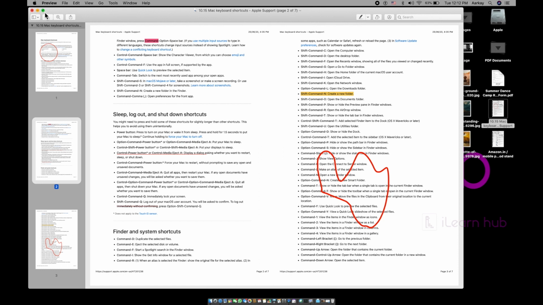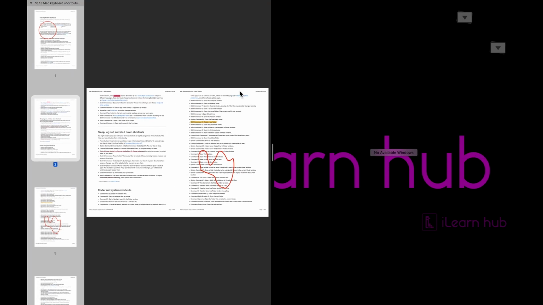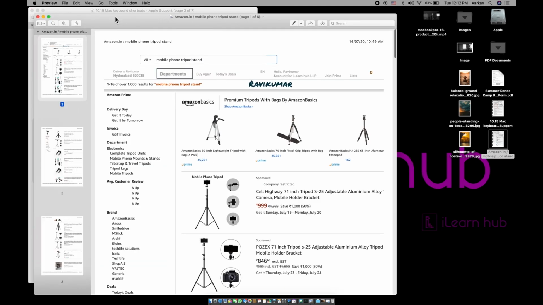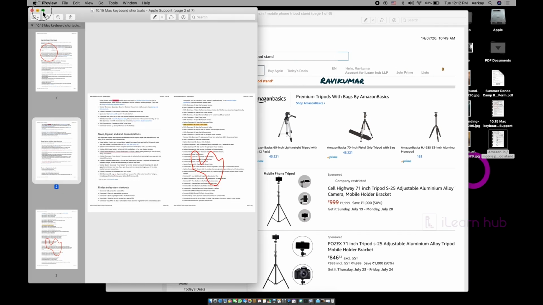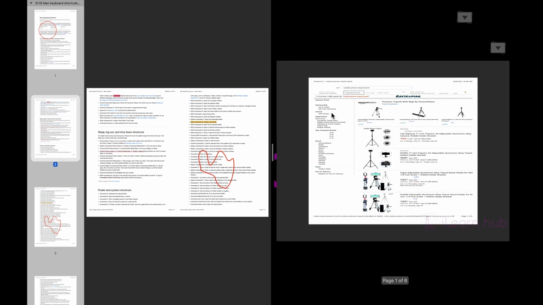This time I'll make this as a half of the screen. How do I do this one? Remember my previous videos, hold and tile window to the left of the screen. Leave it like that. And then I'll open another PDF file. So this time I'll use this one. One is on the left hand side and other one is on the right hand side.